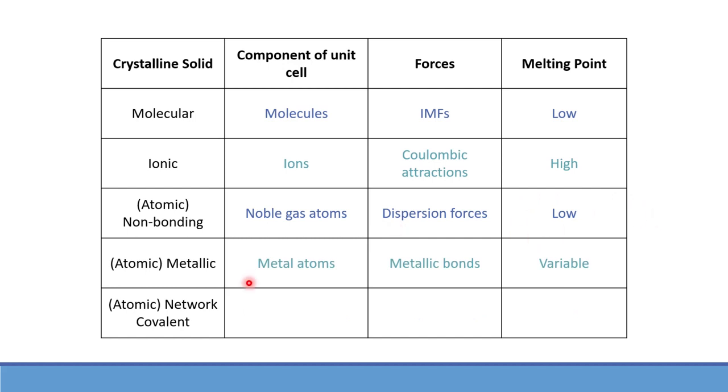Our atomic metallic crystalline solids, made up of only metal atoms, they have that metallic bond. So it's that charged cation surrounded by a sea of electrons, and they have that variable melting point depending on their structure. Finally, we have our atomic network covalent solids, non-metal atoms like carbon, silicon. These are covalent bonds, and they also have a very high